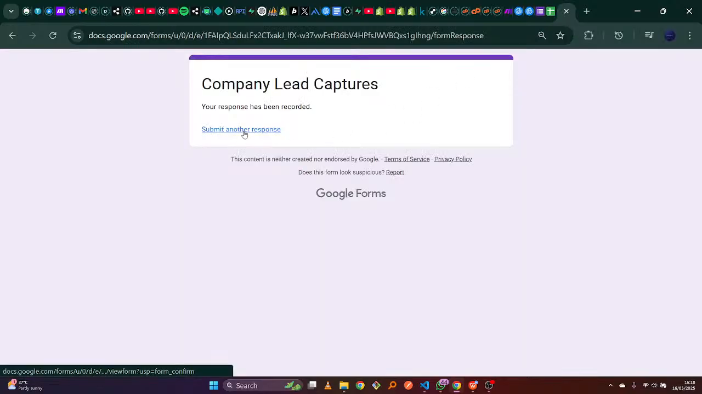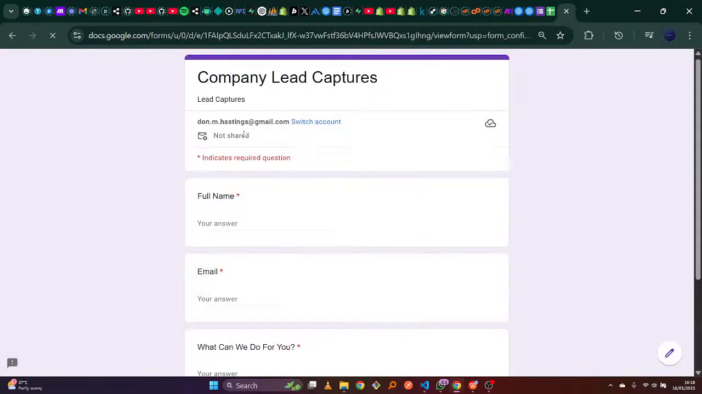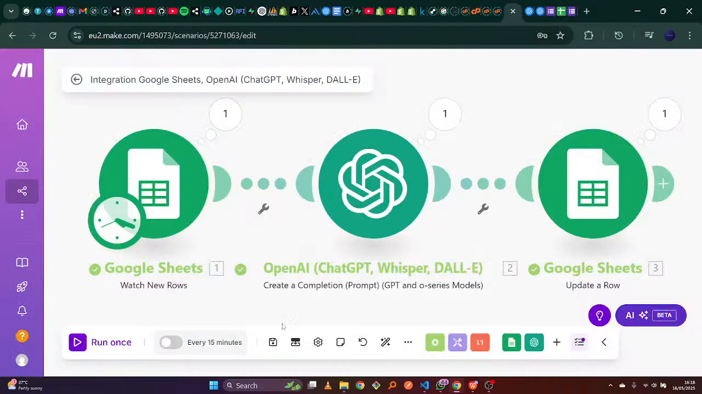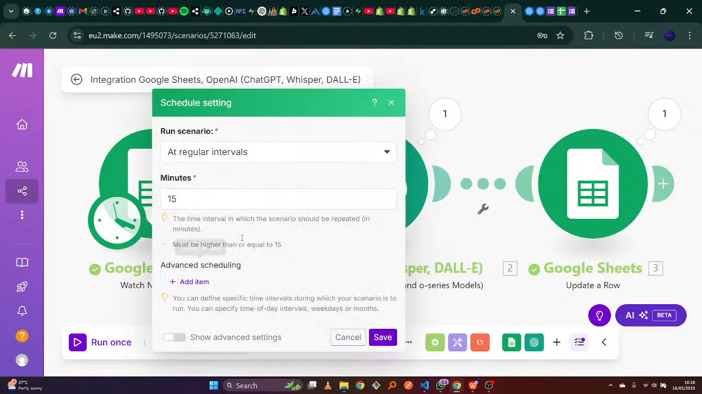So let's fill in this other form and see if it will fill in the next rows. So maybe if you're wondering how it can be set to work automatically so that I don't have to click run once every now and then. So if I click here,